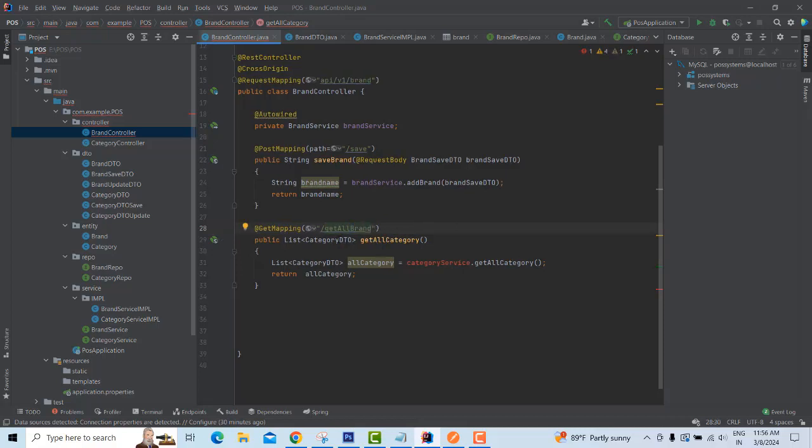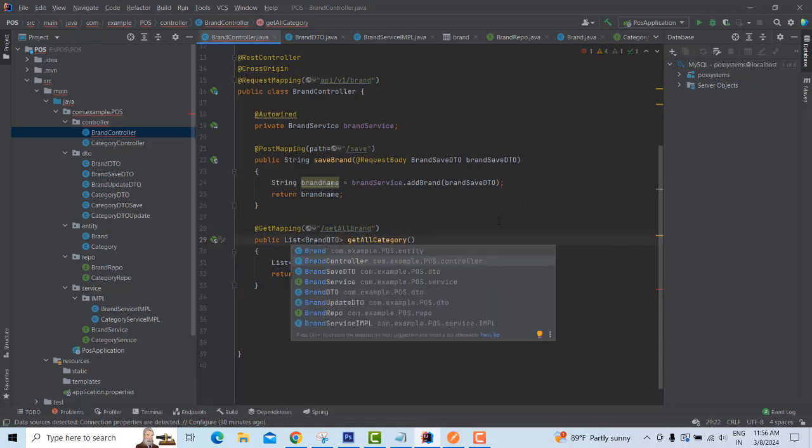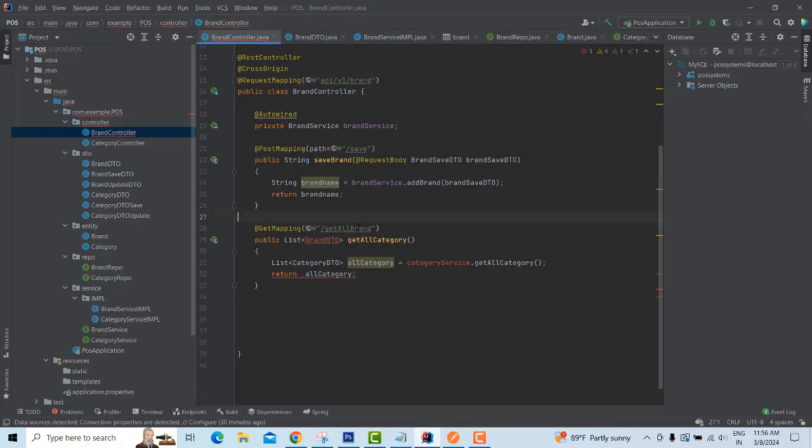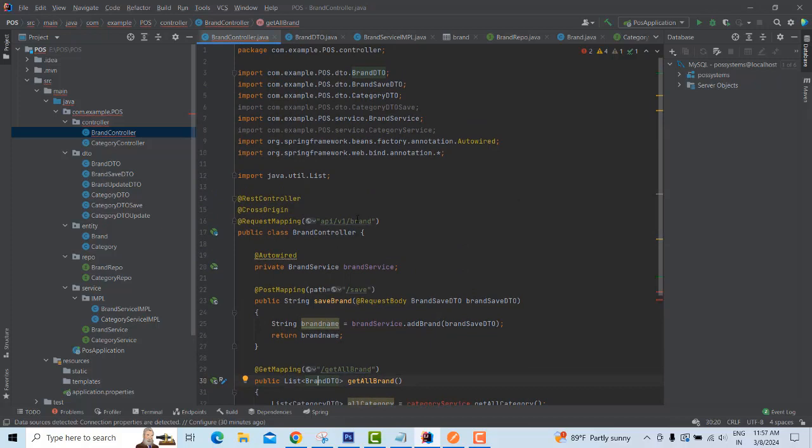Here the list we have to get is not category DTO, it is brand DTO. Get all brand. This brand DTO we have right here. So get all brand, you have it right here. Click on this, press Alt plus Enter on your keyboard, and we have to implement this